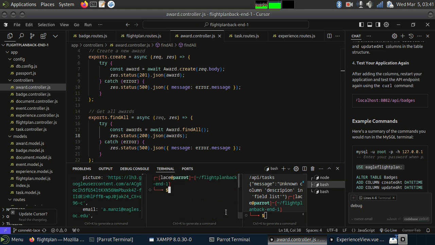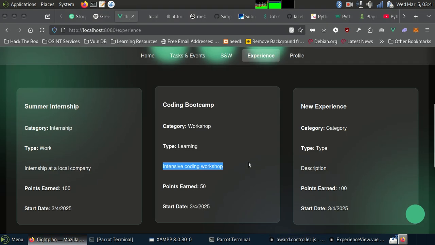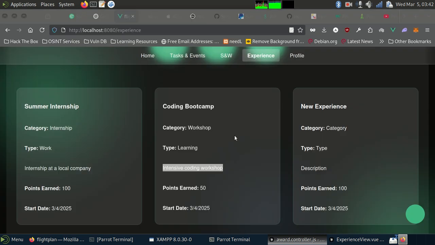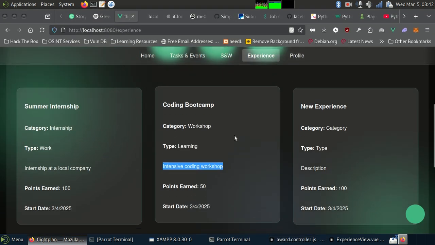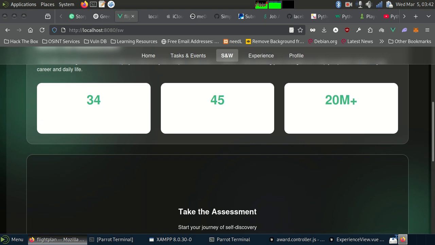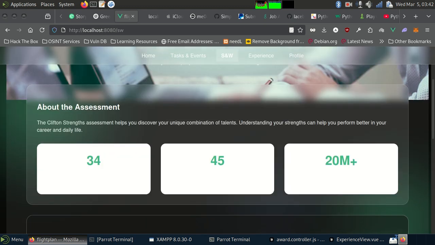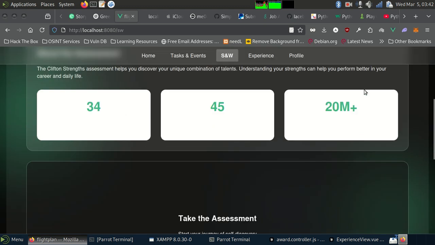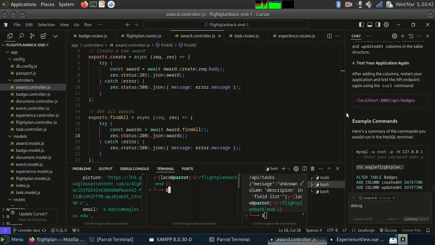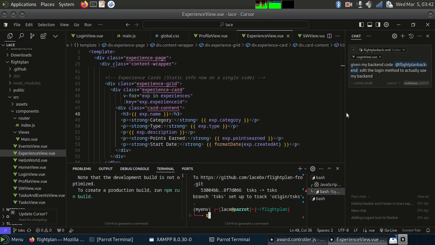Anyway, I was still trying to explain these experience cards and where they came from. I hope I made that clear. Now, going to our strength and weakness view, you'll see this, and if you come into our front end code, which is right here, strength and weakness view,